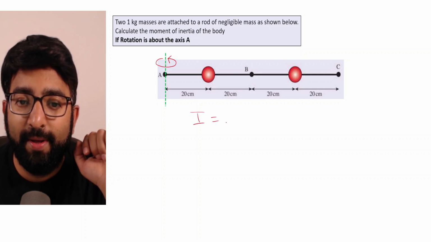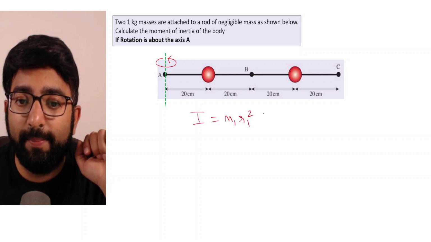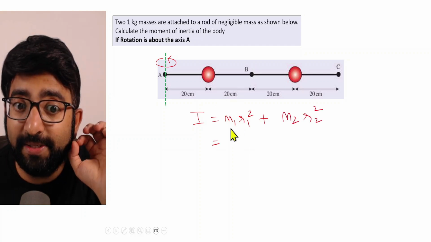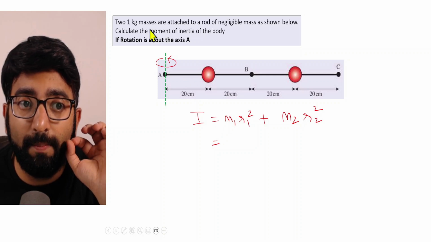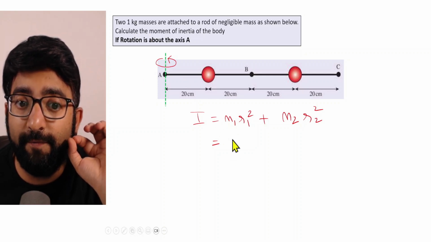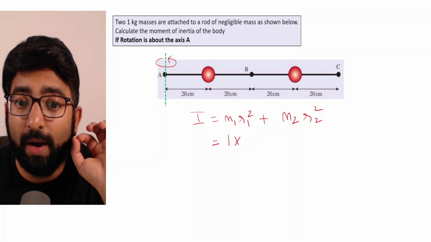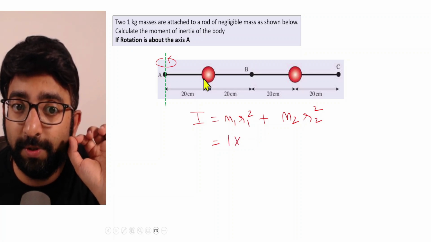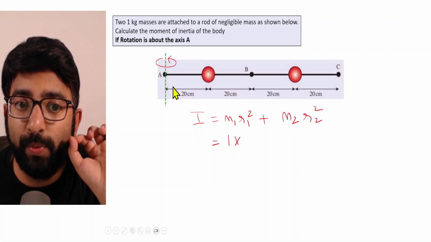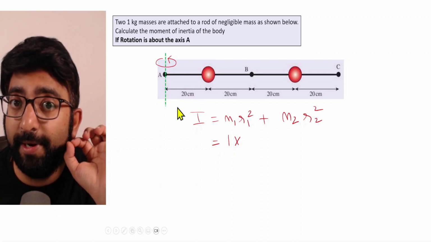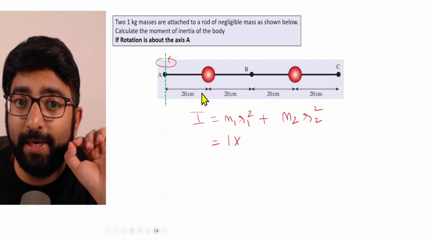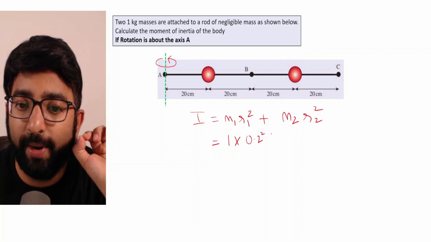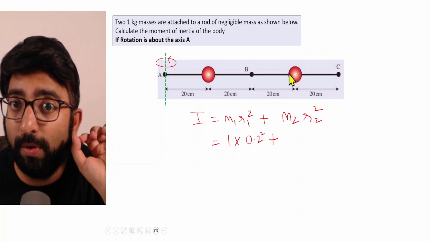Now let's recall the formula for moment of inertia. I stands for m1 r1 square plus m2 r2 square. We are having a two body system. Let us consider m1 as the first red ball. Mass is 1 kilogram, so m1 will be 1. And what is r1? R1, if you remember, is the distance of the object from the axis of rotation. So for the first ball, this is that distance, which is 20 centimeters, which we need to convert into meters. 20 centimeters is 0.2 meters. So let's write 0.2 squared